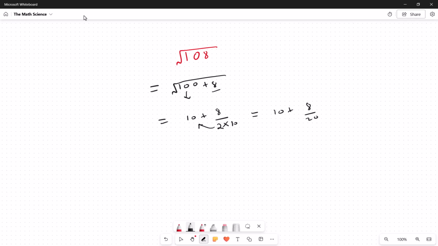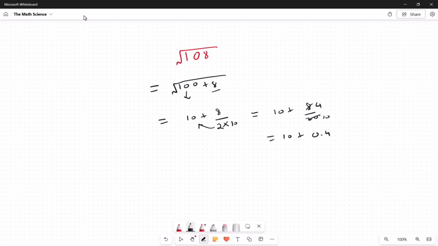And 8 out of 20, let's try to calculate it. So if I can just bring the denominator, which is this value here, to 10, it'll be really easy to calculate because we can just take the decimal one place here and we'll know what the result is. So what I'm going to do is instead of dividing it by 4, I'm just going to divide it by 2. So we get 4 and then 10. And this 4 over 10 will just become